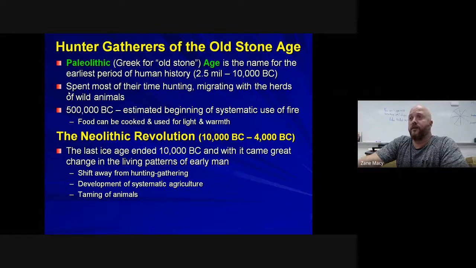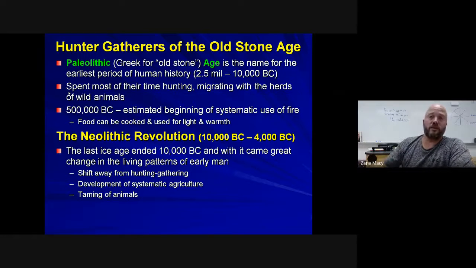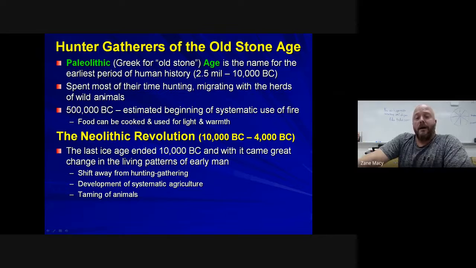In terms of foraging, plants, berries, things like that were consumable. Well, you had to move farther south where those plants might still be growing, because plants are going to die. Vines are going to wither, fruit quits growing during the wintertime. So that's why they lived a nomadic lifestyle.